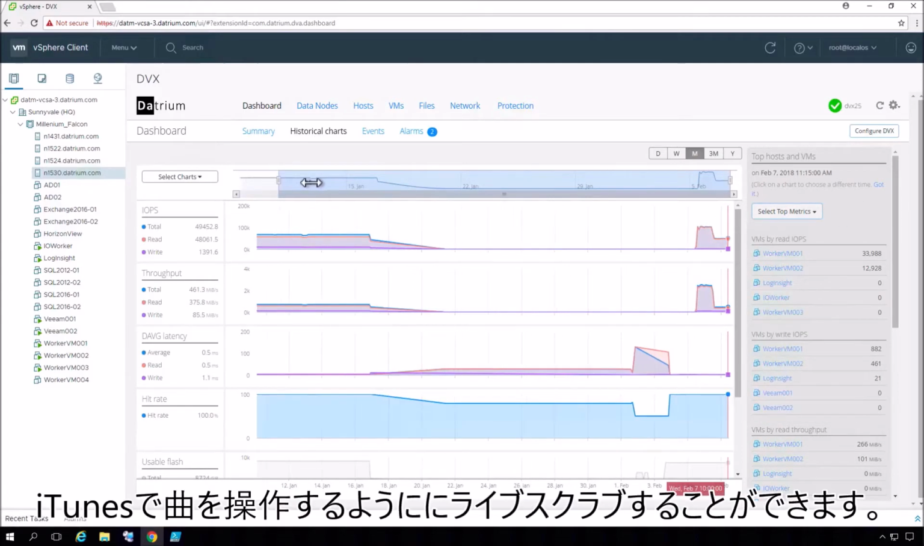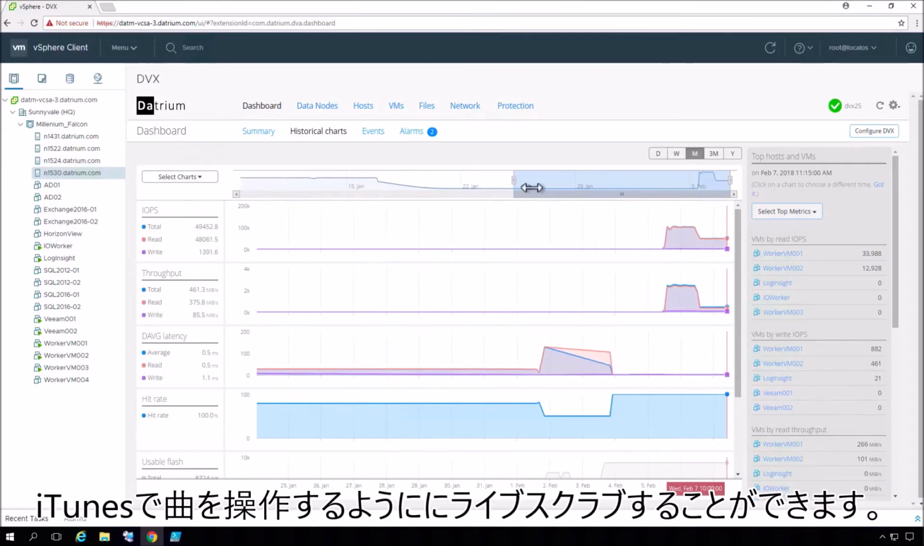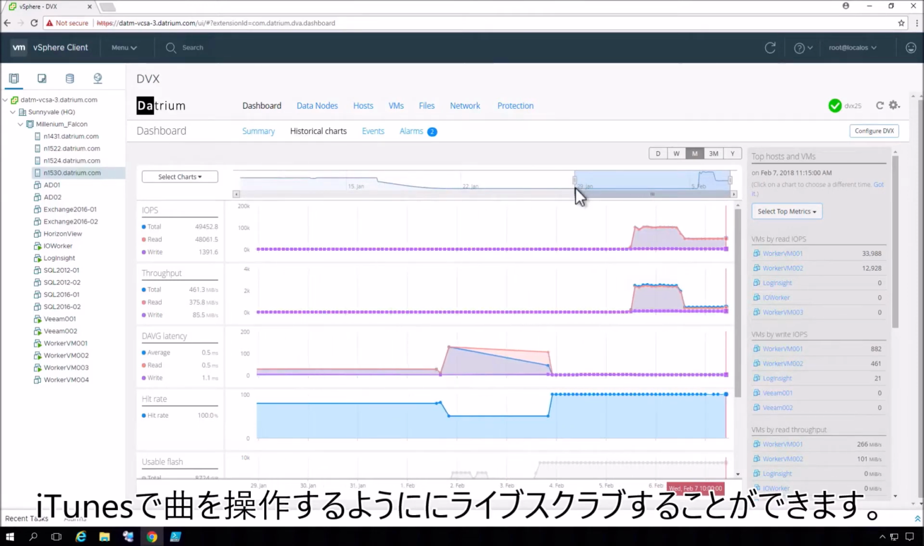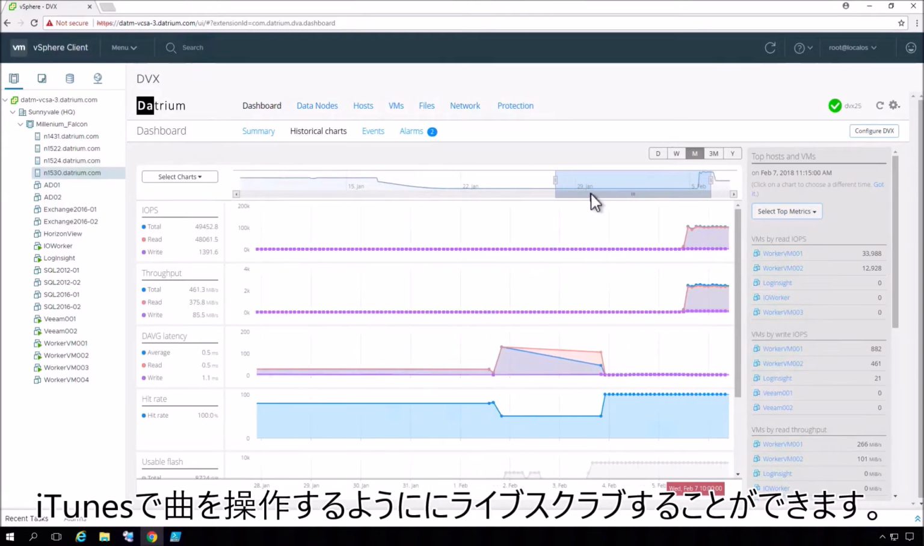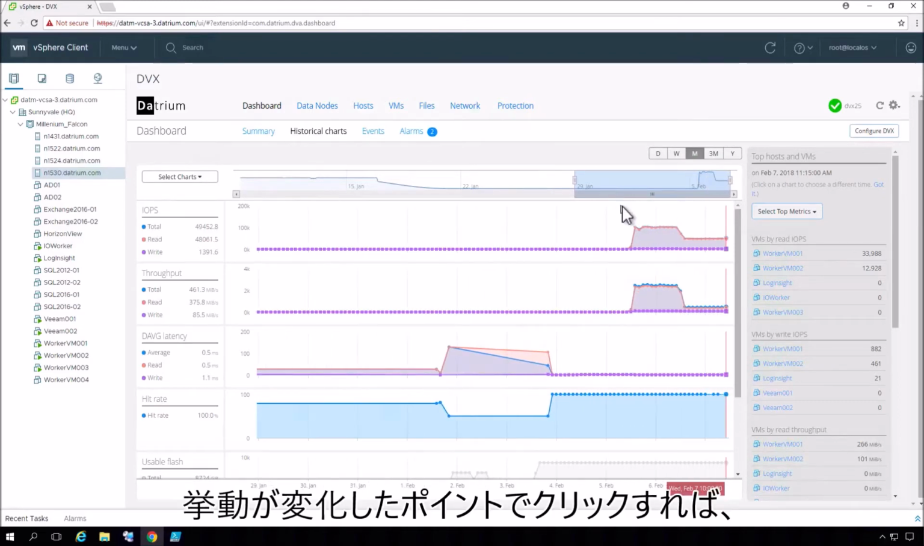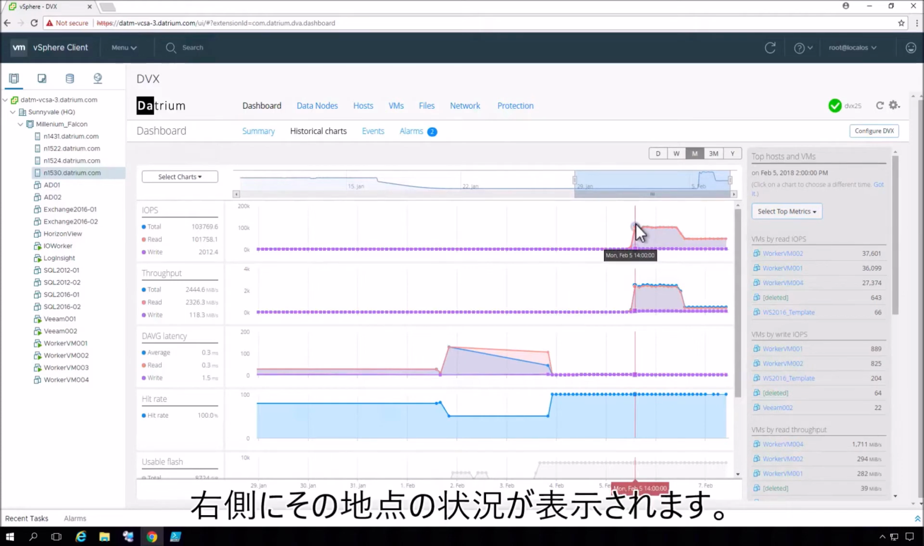Here we can live scrub through almost like you're scrubbing inside of iTunes. If you're playing a song, for instance, and you want to fast forward or rewind, we can come through in here. We can click in real time at individual points on the different charts, and you'll notice on the right-hand side that the graphics change,